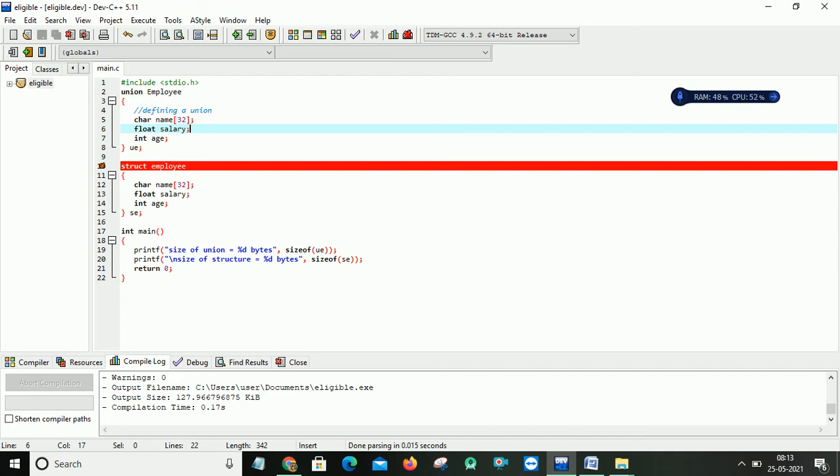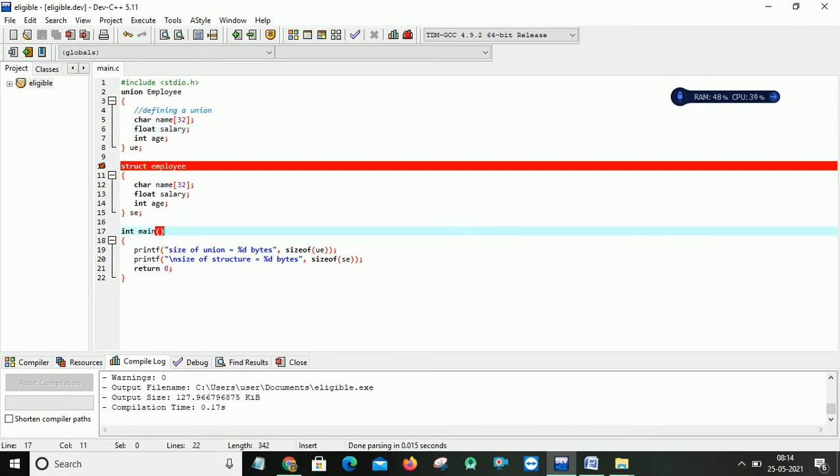Whereas for a structure, the difference shows in the allocation of memory. Now we can choose the applications where we have to use structure and where we have to use union. I'll show you the differences of using them in different applications after this video.